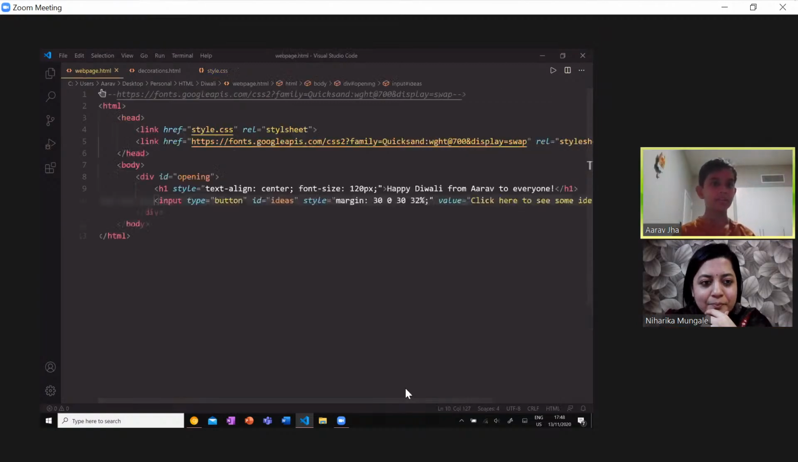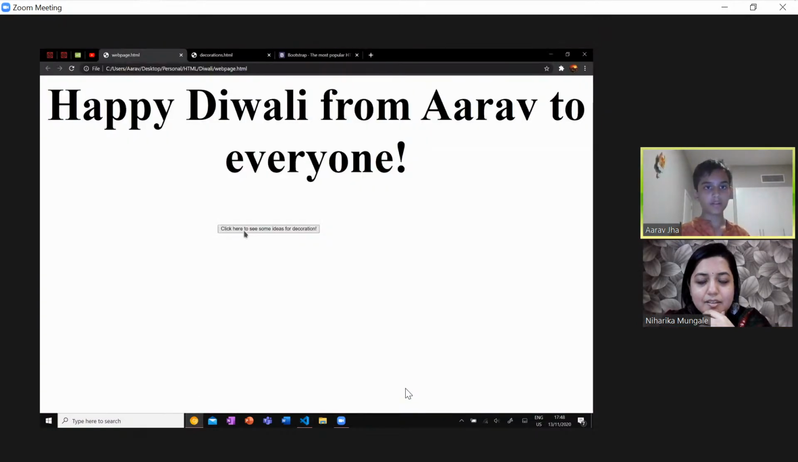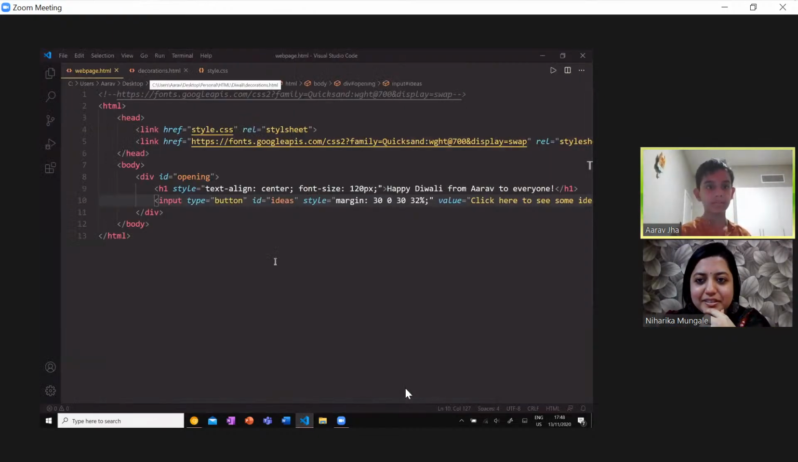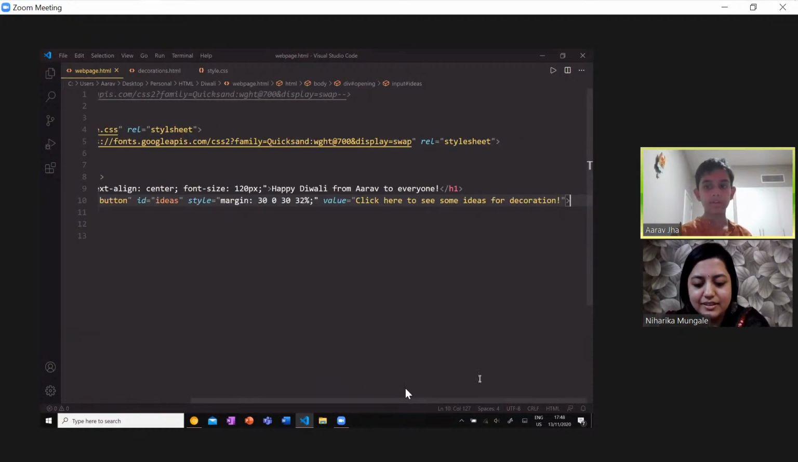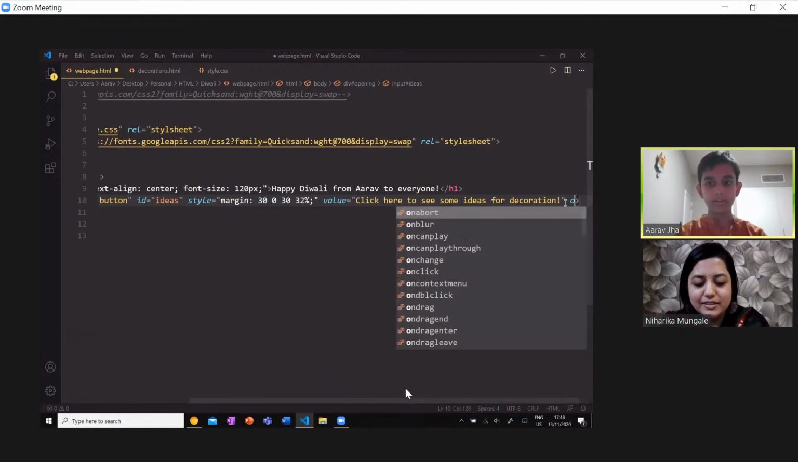Yes, but first I'm not actually done with this. As you can see, this button, while it looks nice, it's quite ugly. And it doesn't do anything. So to make the button do anything, we use a function named onClick. So if I type onClick here,